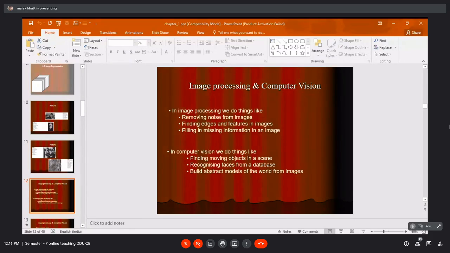So if you do feature extraction, it is digital image processing. Finding the edges, because if you want to find out the shape of a banana or apple, you have to focus on the edges of that apple. If you get that round shape, you can say it may be an apple or pomegranate or orange or something like that.